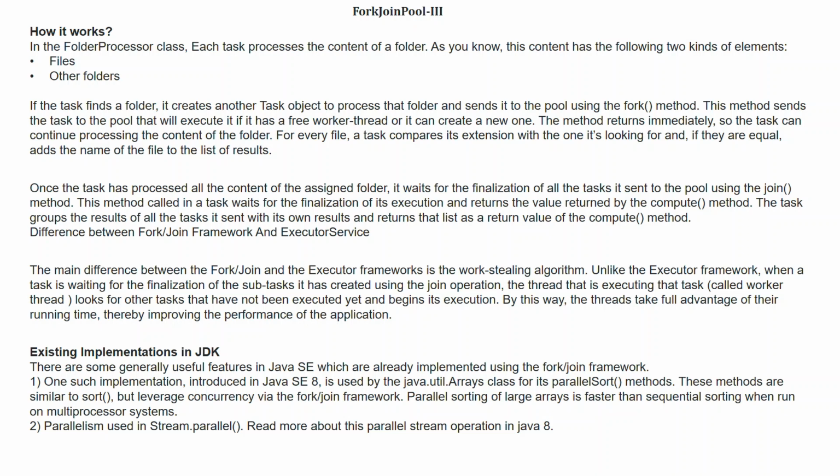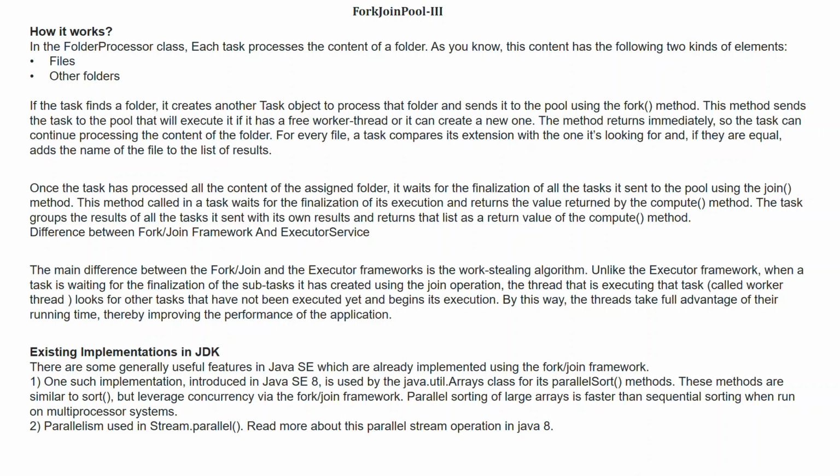Existing implementations in JDK. There are some generally useful features in Java SE which are already implemented using the fork join framework. 1. One such implementation, introduced in Java SE 8, is used by the java.util.Arrays class for its parallel sort methods.